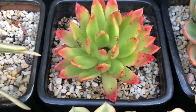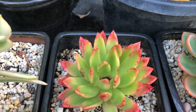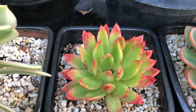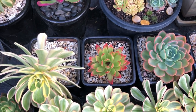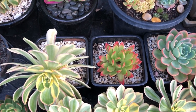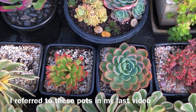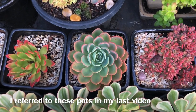But because I realised in hindsight that it might have been dormant, it's sort of making me lose my confidence a bit to chop up the plant in question that we've been talking about. So these are the square pots I was talking about. I found them at Bunnings on sale. They were like, I don't know, like $5 maybe each. It was really cheap. There's a Blue Alice,